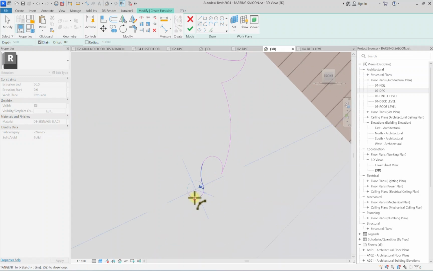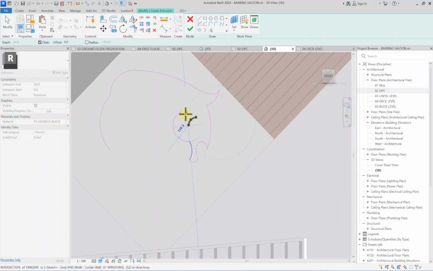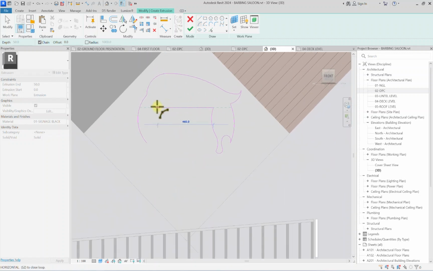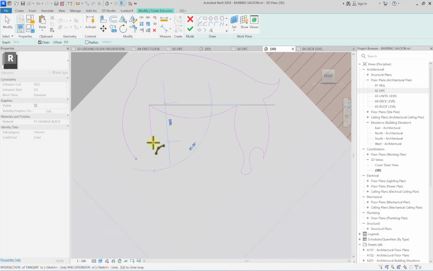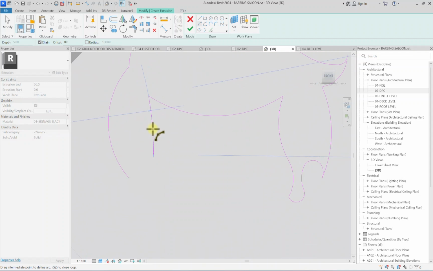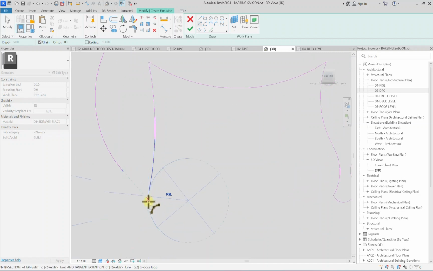Pick here. Pick here too. I doubt if this thing will be too accurate, but now this is when your fine art